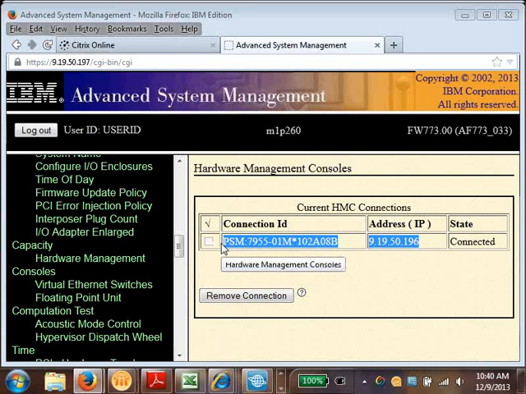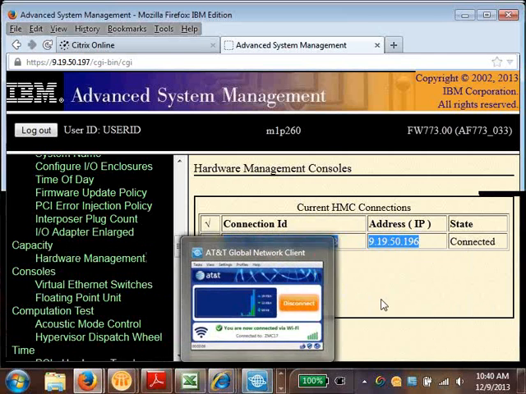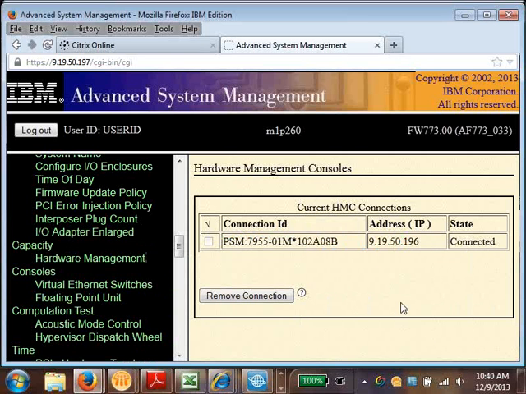Obviously, if the HMC is managing it, you'll see a different model machine type there, and it says HMC in there. So that's the way to know whether or not you need to go through the steps and do the delete again. So if you waited too long and, like Ron was saying, you're not sure if you're good to go or not, just come back here and look. And if you don't have the ID, call support. They can generate a CE login. I don't know if they'll give you the CE login or if they'll have to dispatch a CE or not, but somebody has a way to unlock it.